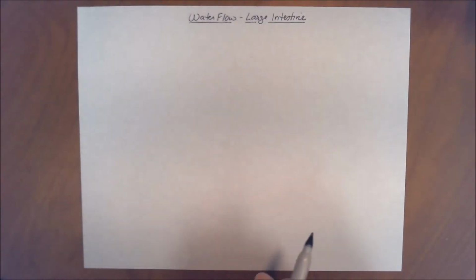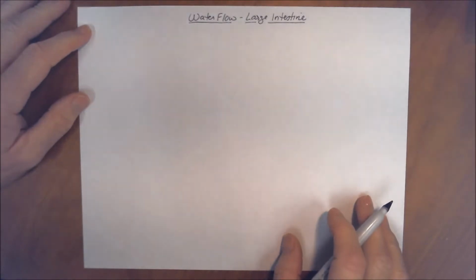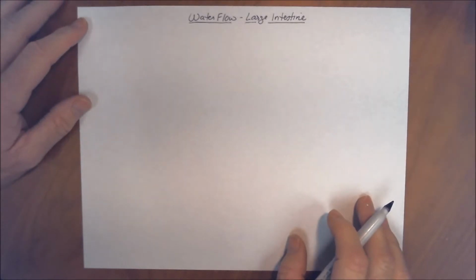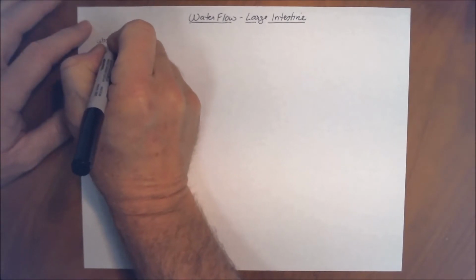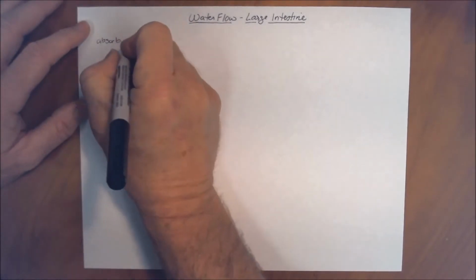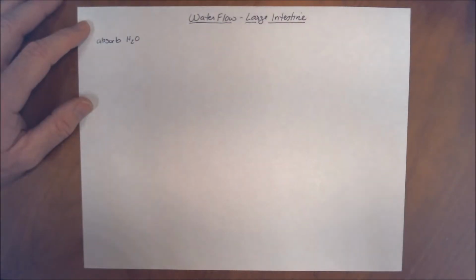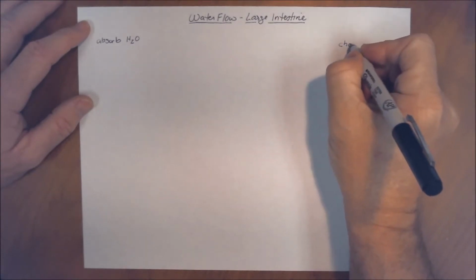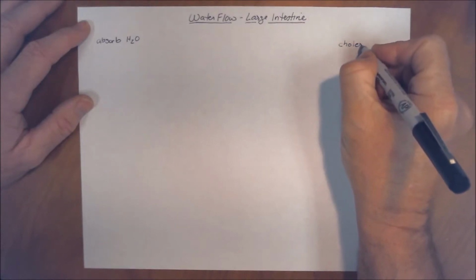Let's now take a look at water flow in the large intestine. So the large intestine is not going to be putting water out. The function of the large intestine is to absorb water from the lumen. If we do not absorb water, we are going to have a situation with diarrhea. After we look at the water absorption mechanism in the colon, we'll look at